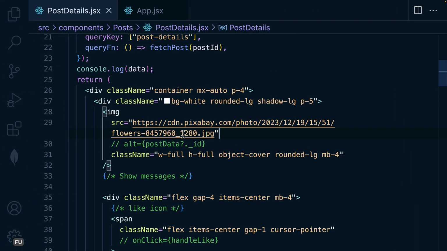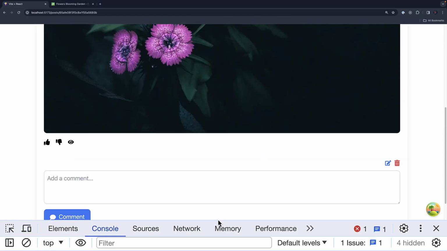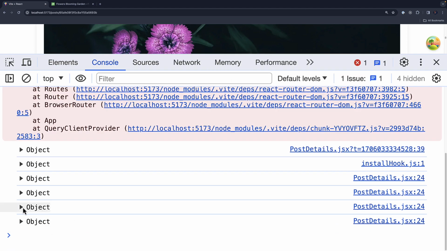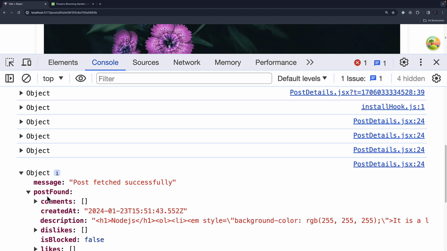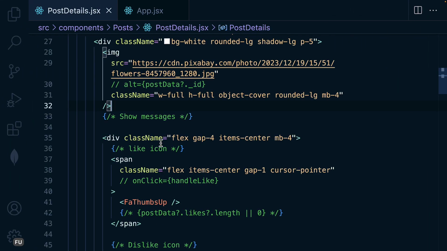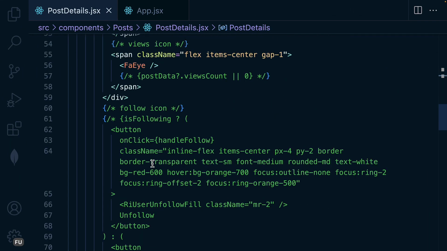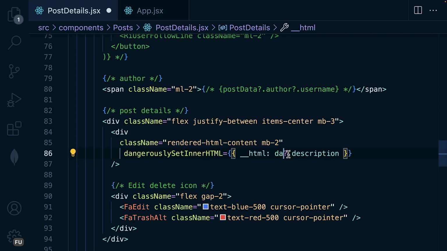So we are going to display the content. So let's look at the properties well, which is this one, and it can be found inside post details and then the description. So it means that we are going to use the dangerously inserted HTML. If you scroll down here, this is where we are displaying it, and for this one we have done it many times. So here, let me uncomment and just use the post here or data here,